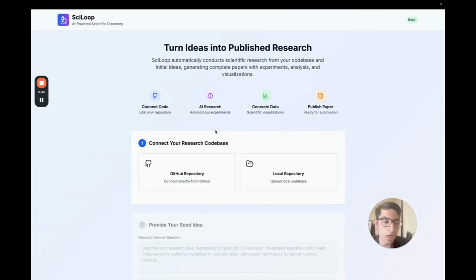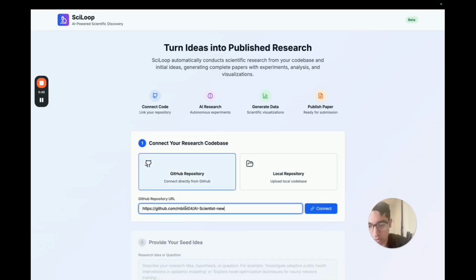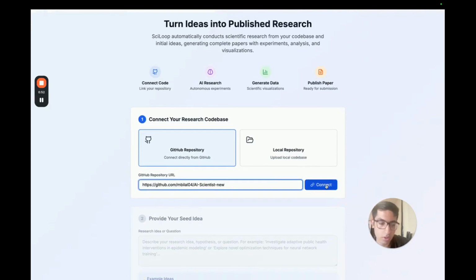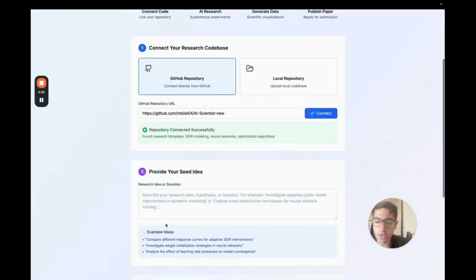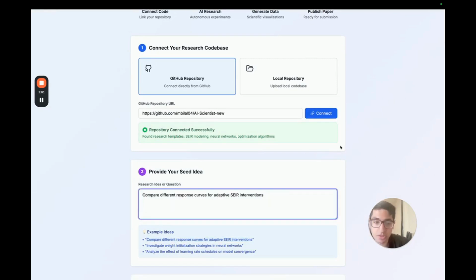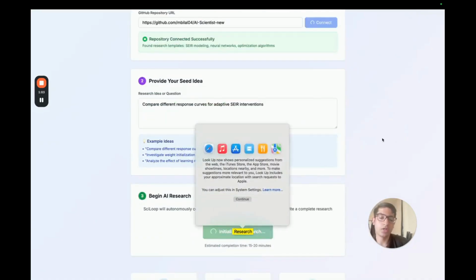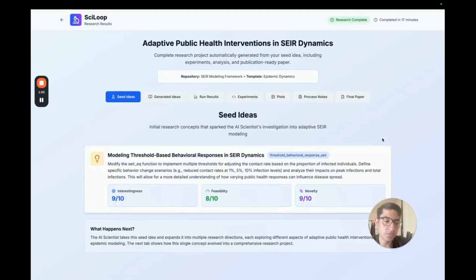So here is how our platform could help you automate such a research problem. Our onboarding process is super simple. You give access to your GitHub repo, or you upload a local repository, and then you give it an initial seed idea, which is the direction you were thinking of pursuing, and then you simply click research. This spins up a virtual machine where an AI agent has access to complete terminal commands as well as the internet, which means that you don't have to worry about an AI agent corrupting